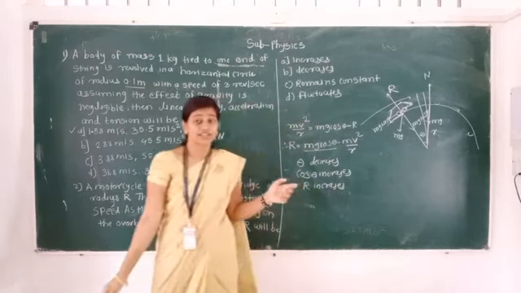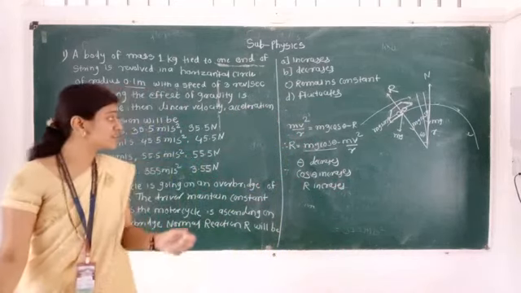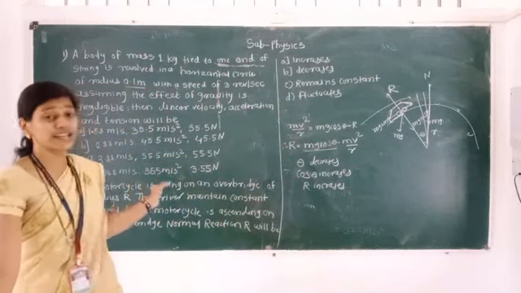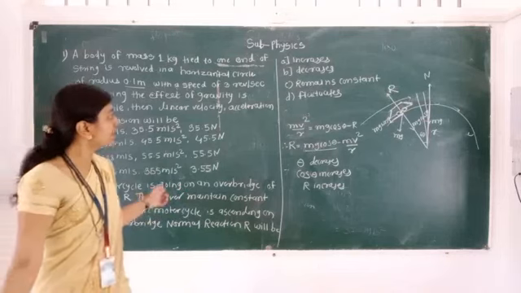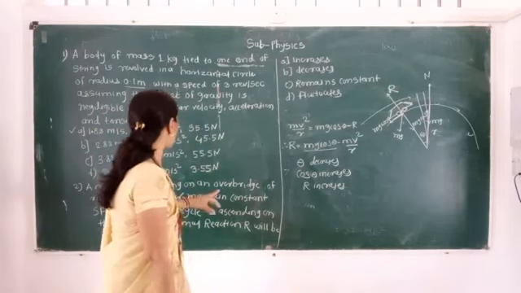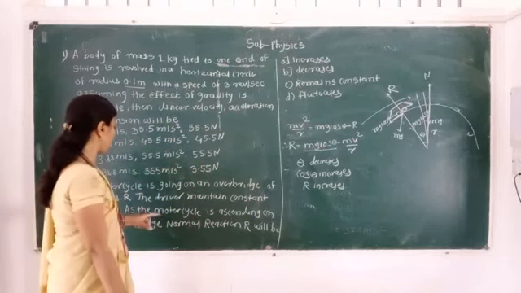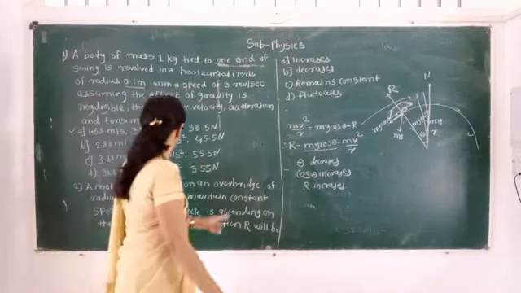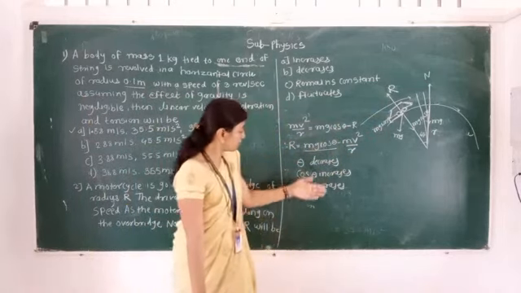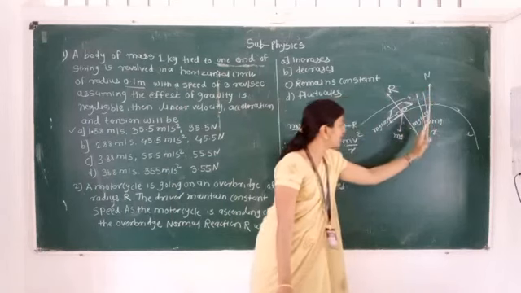See here, this is our second MCQ, which we completed: the motorcycle is going on an overbridge of radius r. The driver maintains a constant speed as the motorcycle is ascending over the bridge. That time we get theta decreases. When it is going to reach that point, theta decreases.